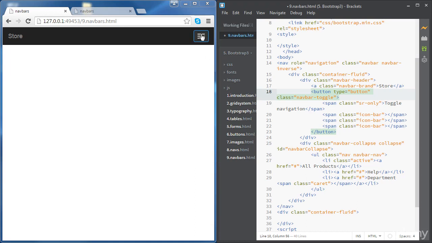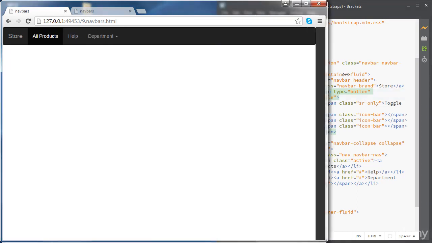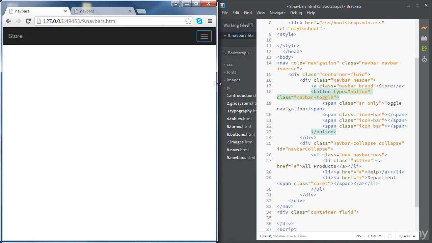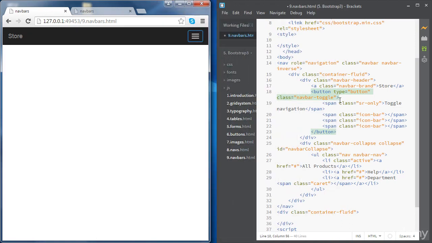By using these data attributes, we will make this button collapse and expand our collapsible content without using any JavaScript. So the first attribute you're going to use here is going to be data target,